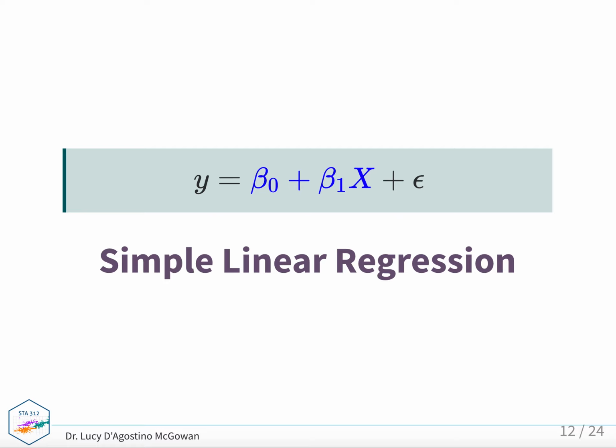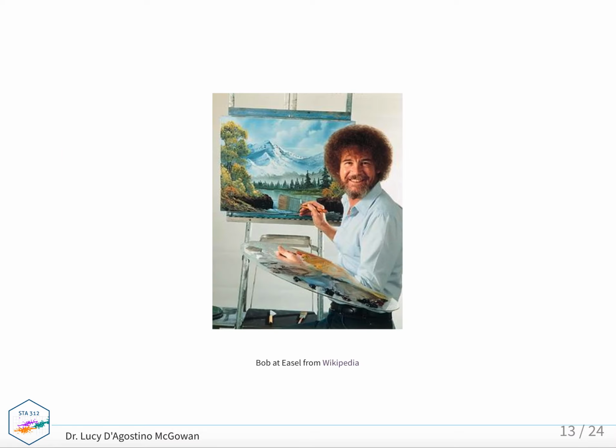So again, this is how we're going to start in this class. This will look a lot like your 212 background, just with simple linear regression, except now instead of just telling you this is how it is, we're going to be able to prove together why this is a sensible thing to do and how to actually estimate these coefficients mathematically. Instead of just giving you the answer out of the box, you'll be able to derive them yourself.